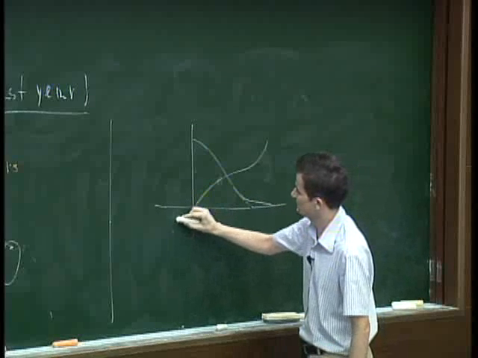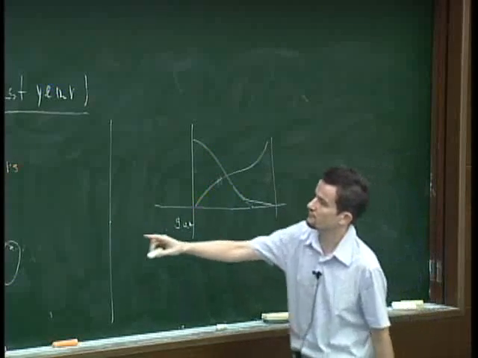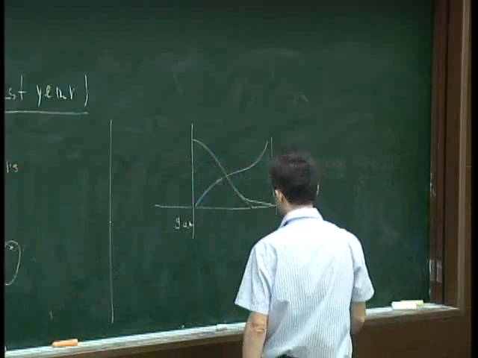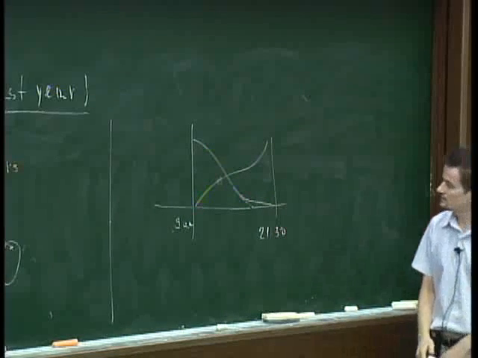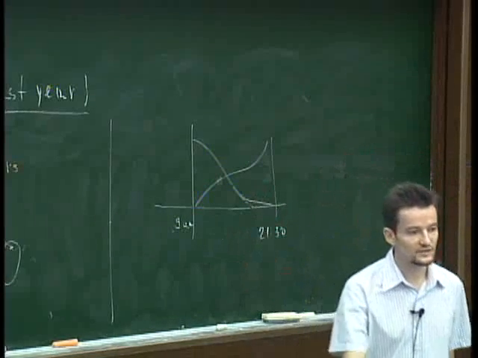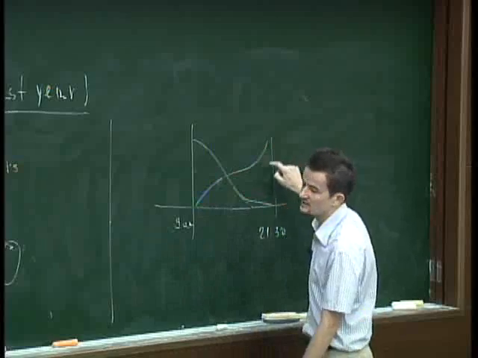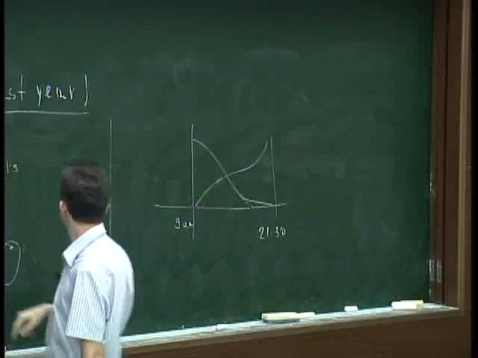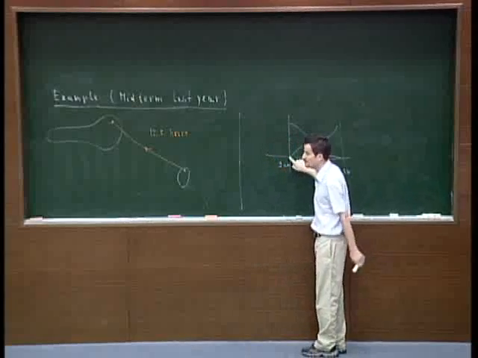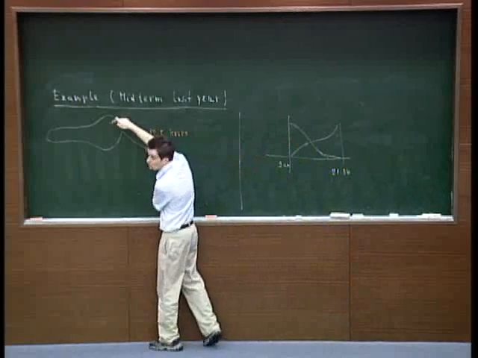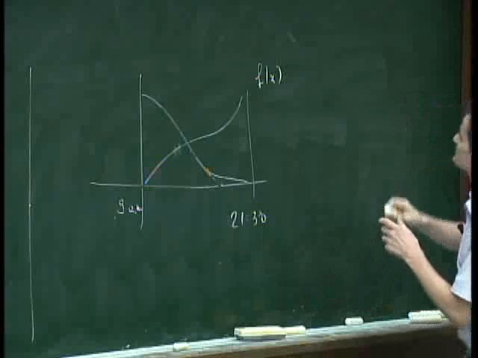Here's kind of 9 a.m. and here will be the end point, 12.45 hours later. Now, first I have to explain what the two functions are. What I plot here is this function: I'm flying to Austria. So what I see here is the distance to Taiwan. At the beginning the distance is 0, and at the end the distance is the distance from Taiwan to Austria. So this is the first function, f of x,